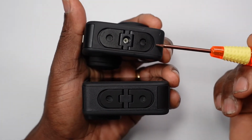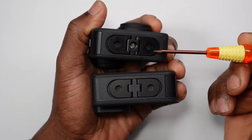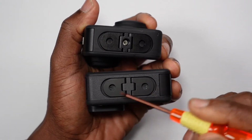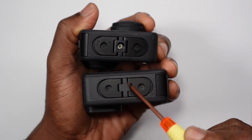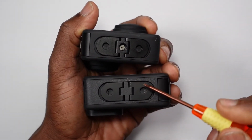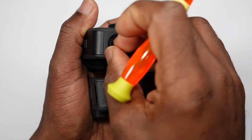This is how it looks. The GoPro Max here has the Telesin adapter, or connector here, and obviously the GoPro 9 has got the GoPro standard one that you get. So as you can see, the Telesin one to the GoPro, you have the 1/4 inch thread mount here right in the center, and you still have the fingers on either side. And when I open them out,